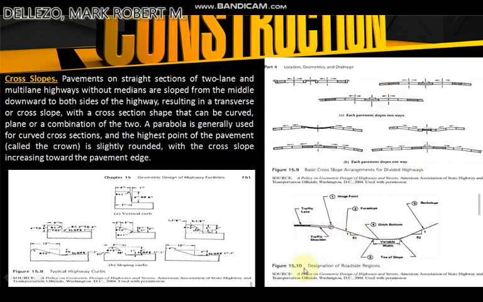So, and in this figure, 15.10 is a designation of roadside region. Then, next,